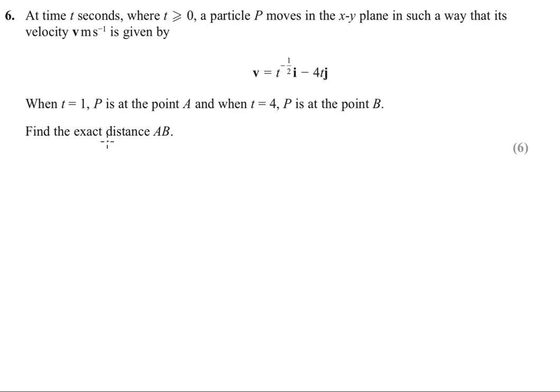And we're looking for distance, which means we need displacement between 1 and 4. So if you think of a velocity time graph, to find displacement we integrate. So we're going to integrate the velocity, and you can integrate velocity as a vector, that's fine, between 1 and 4. So if we do that for the equation that we've got,